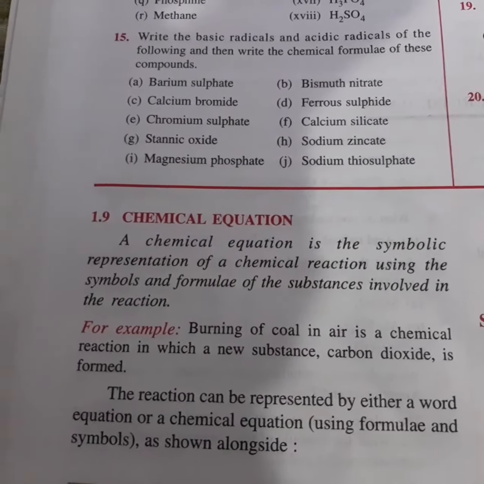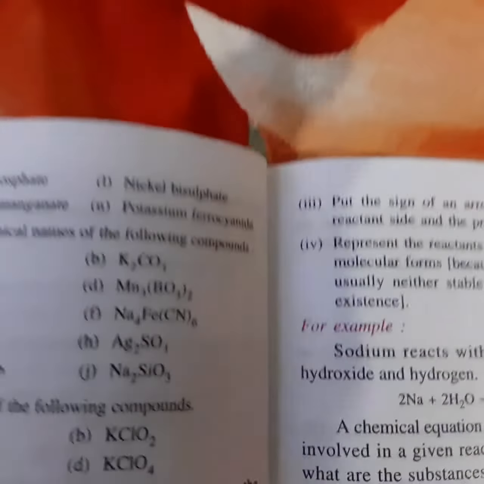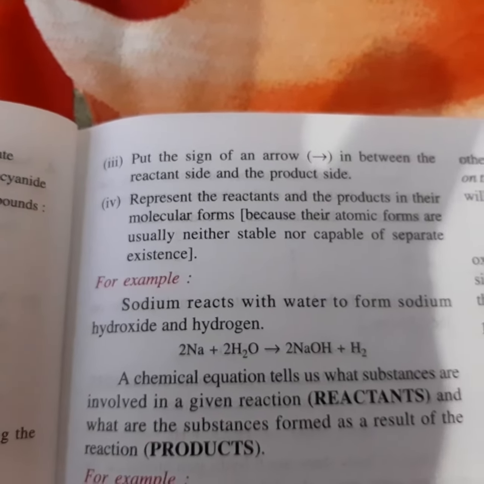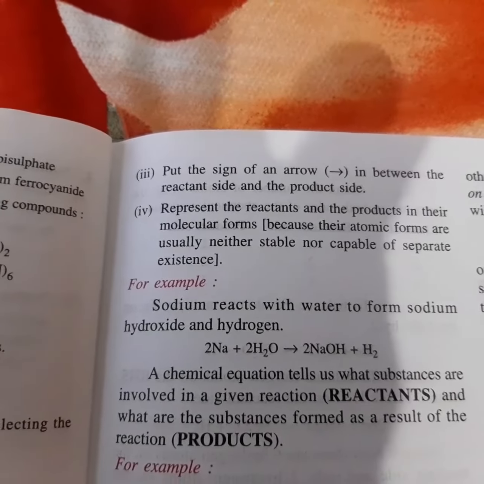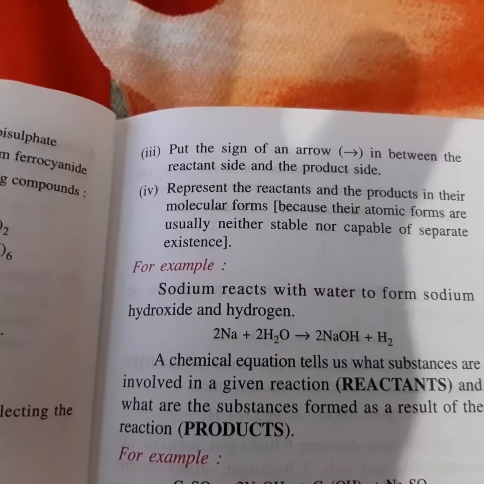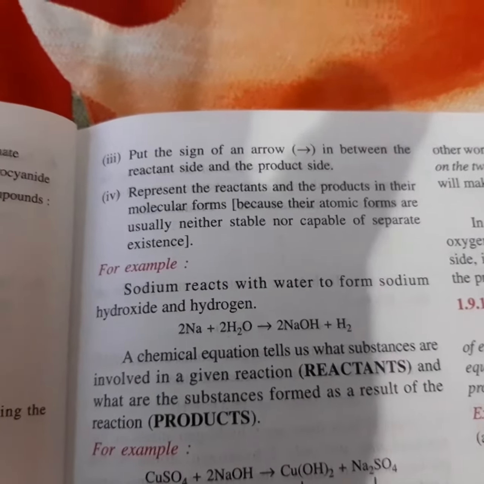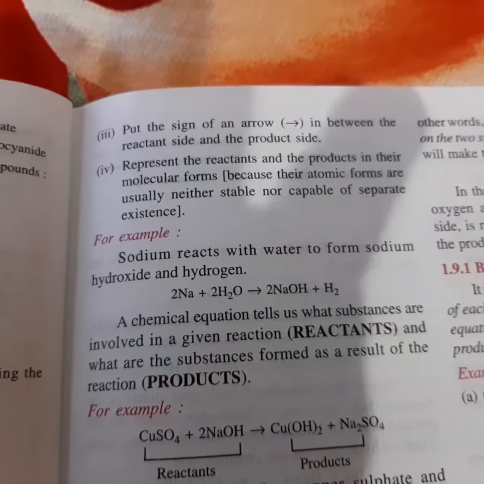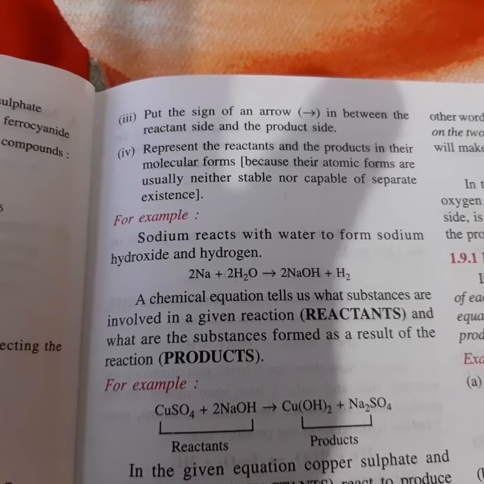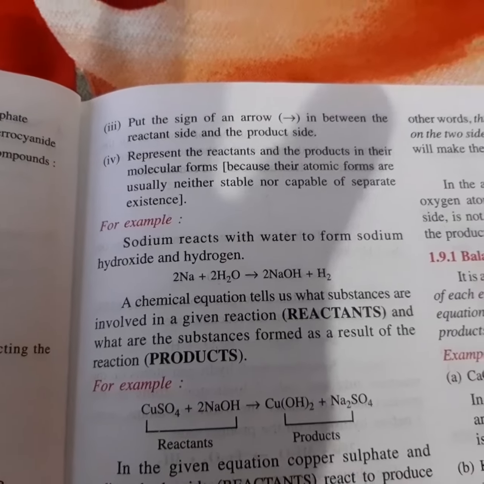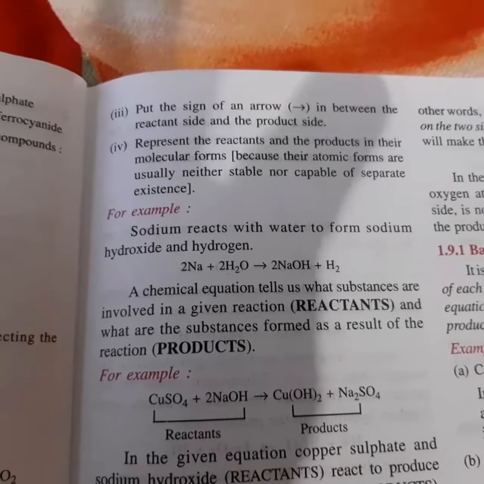Now, for example, we are having a chemical reaction where we put sodium in water. So, what change takes place? Sodium, when reacting with water, provides a large amount of heat. Sodium hydroxide and hydrogen gas are produced. Writing it in this form: sodium plus water gives sodium hydroxide plus hydrogen. We have learned all these things in 7th class and 8th class also, but we'll just do some revision work.